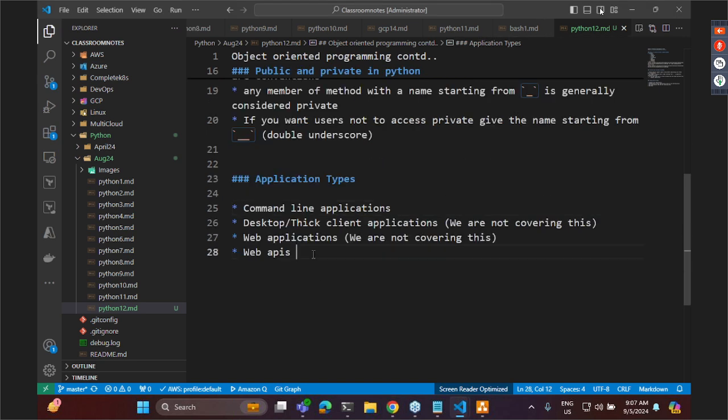Okay, so let us basically focus on building command line applications. When I'm trying to build command line applications, the goal is to automate any work. When I'm trying to build web APIs, even ideally as a DevOps engineer, your goal is basically about automating some activity,